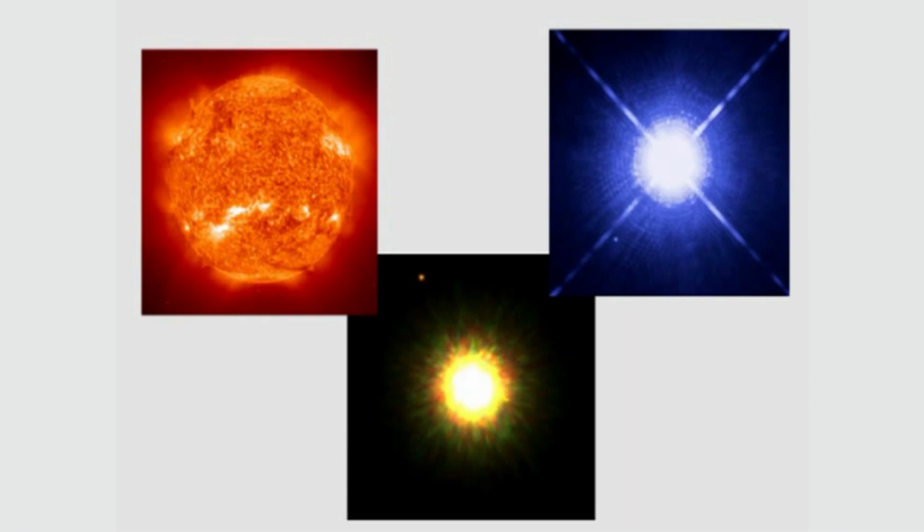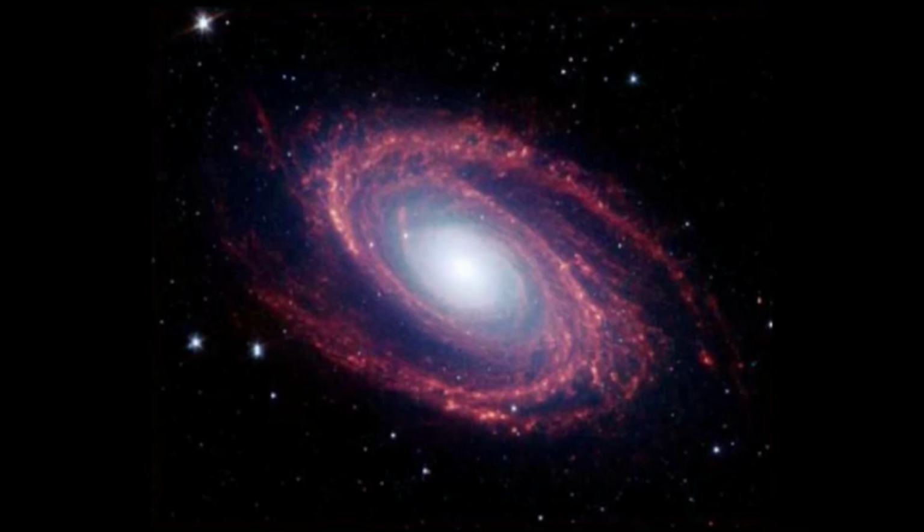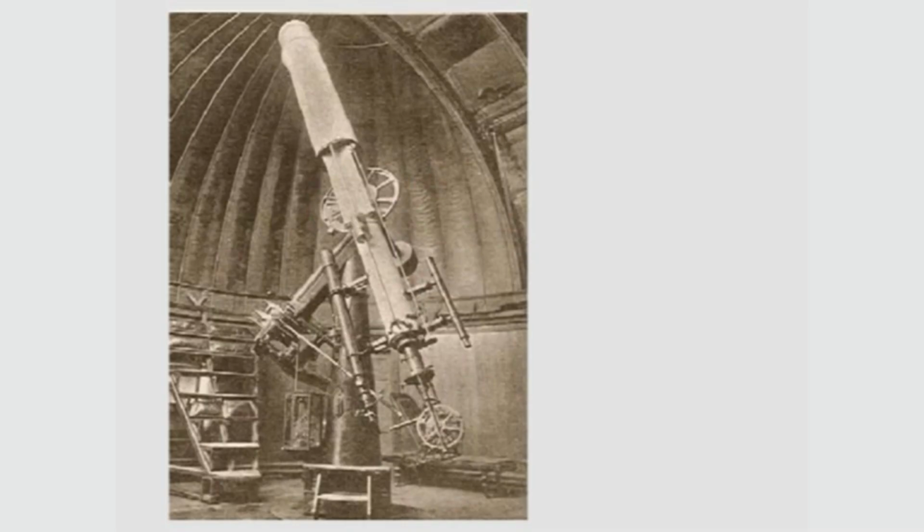And the reason you care about that is that the temperature of a star can tell you about how old the star is, and sometimes how large it is. So, for instance, the stars near the center of this galaxy are bluer, which means they're hotter and probably younger than the stars out here, which are redder. Toward the end of the 1800s, telescopes had gotten good enough to allow us to measure the colors of individual stars pretty accurately. Astronomers were pretty happy about this, because it meant that we could learn a lot more about how stars form and how they age.